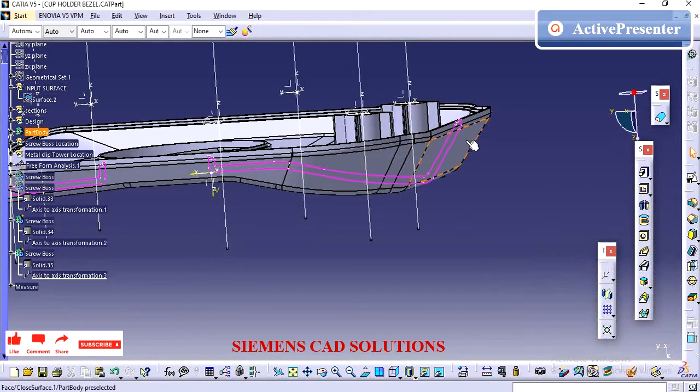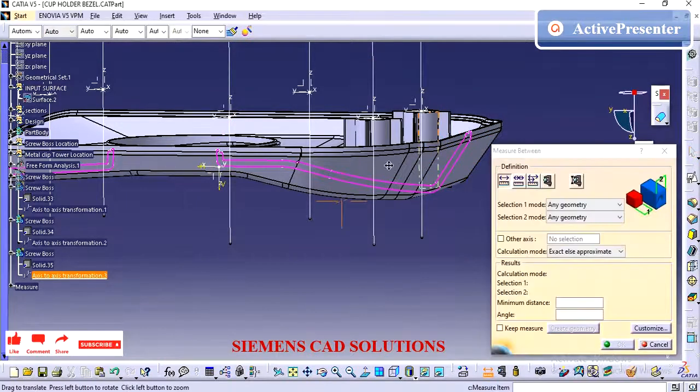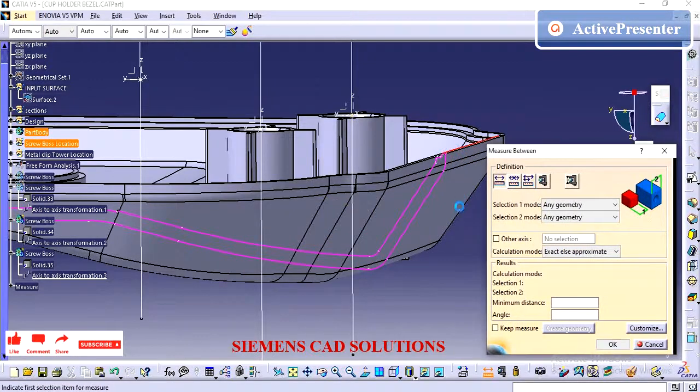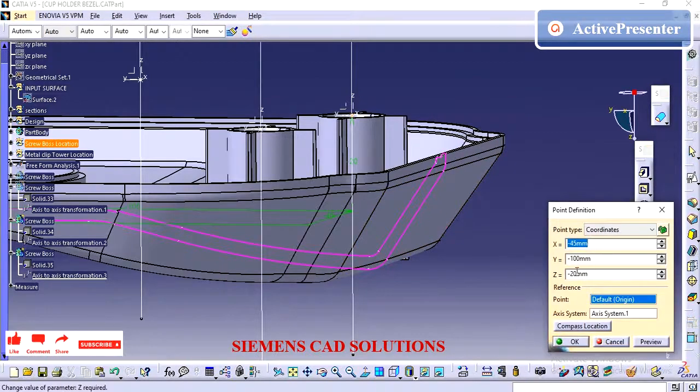They insert the cup into the holder, and when they try to pull it, if it is hard, they will push this bezel and try to pull the part. So that is the reason more attachments are added in this part.